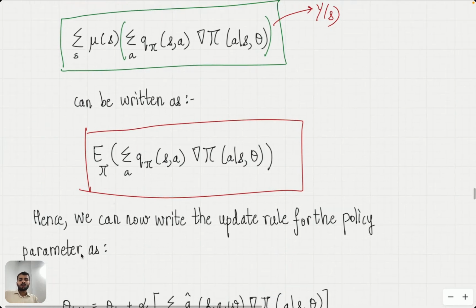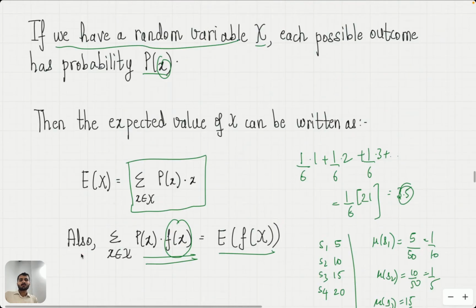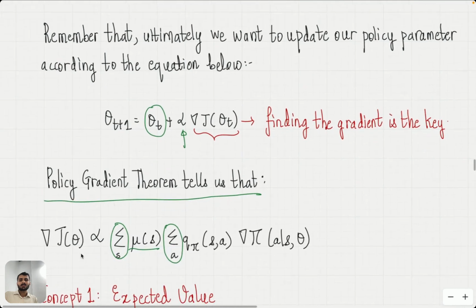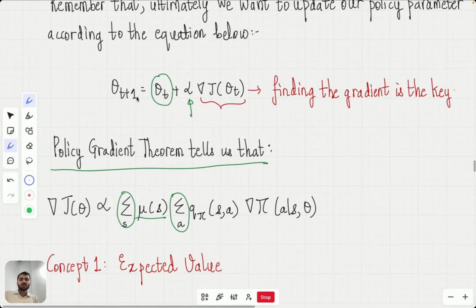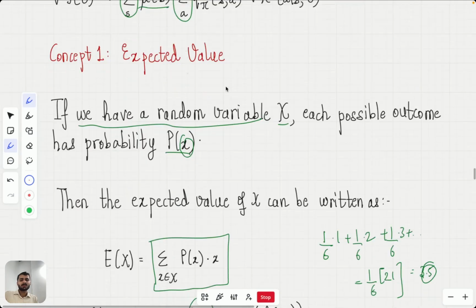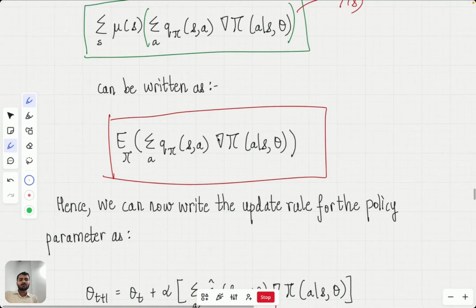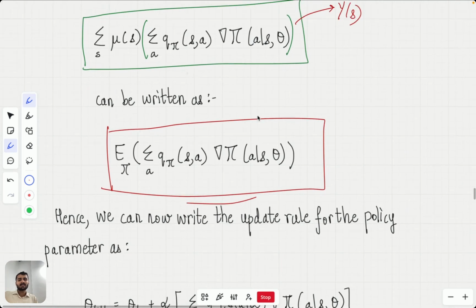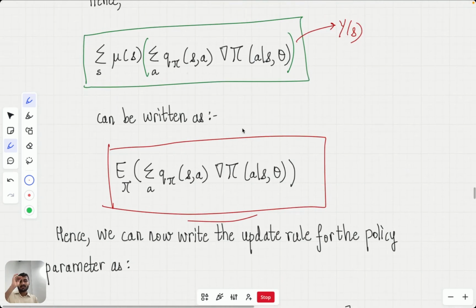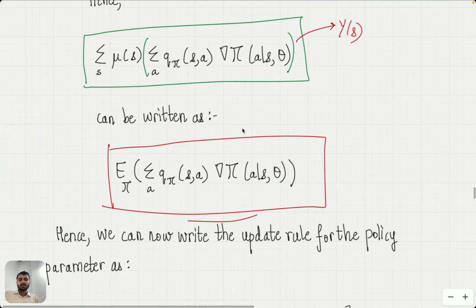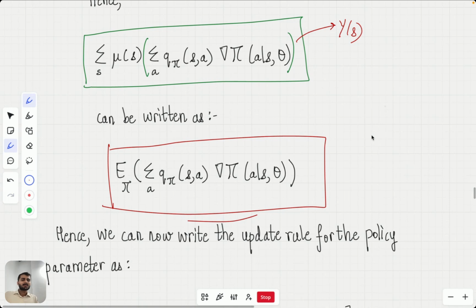Now, how can we write the update rule for the policy? Remember, the update rule was given by theta t plus 1 equal to theta t plus alpha times the gradient of the performance measure. And we just saw that the gradient of the performance measure can be written like this, which means that the quantity inside the expected value, which is sigma a q pi of s comma a grad pi of a given s comma theta,